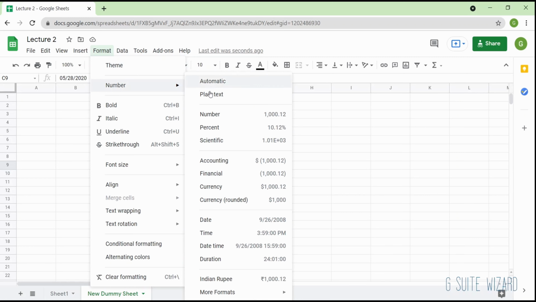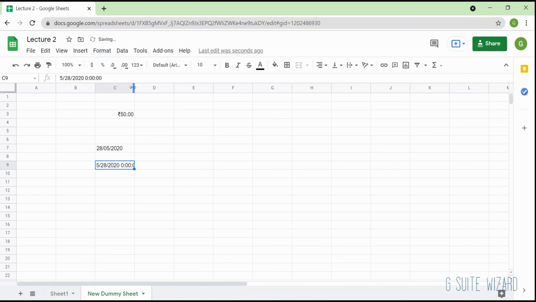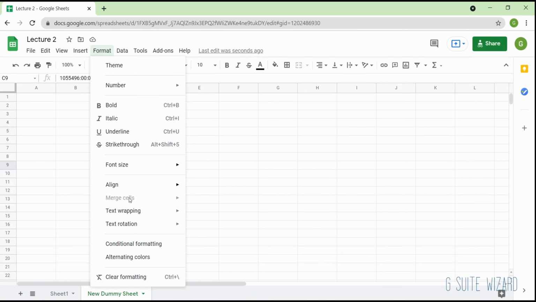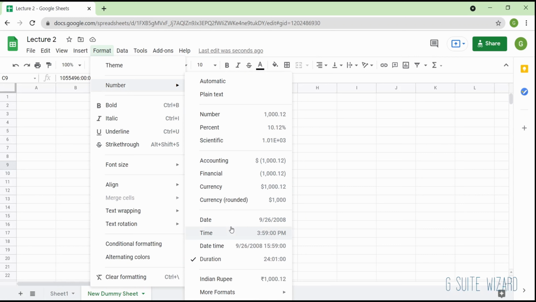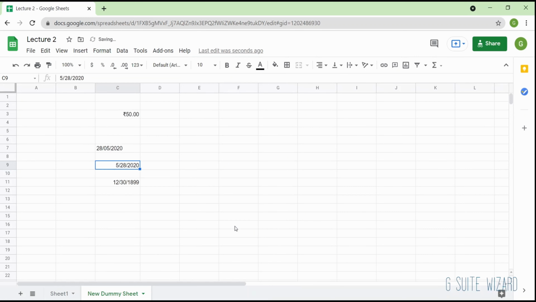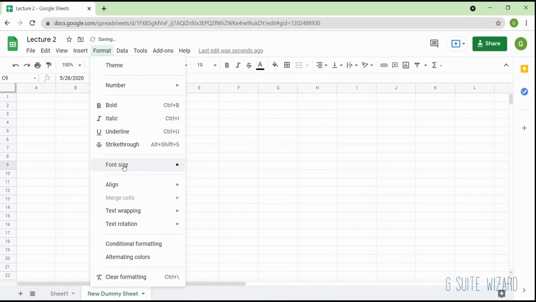Okay, then in this case, if I just say I want date and time, as I've not mentioned time, it is coming as 0000. Then we have just date, just time. You can use all of that. Then there's bold, italic, usual document formats. So then there is font size, align. So align is if you want to align it to the left or center or right.